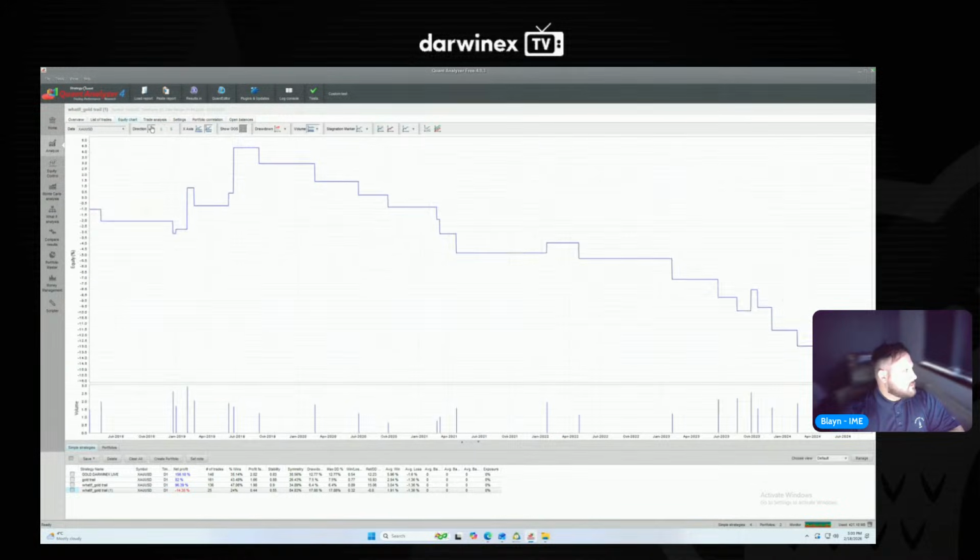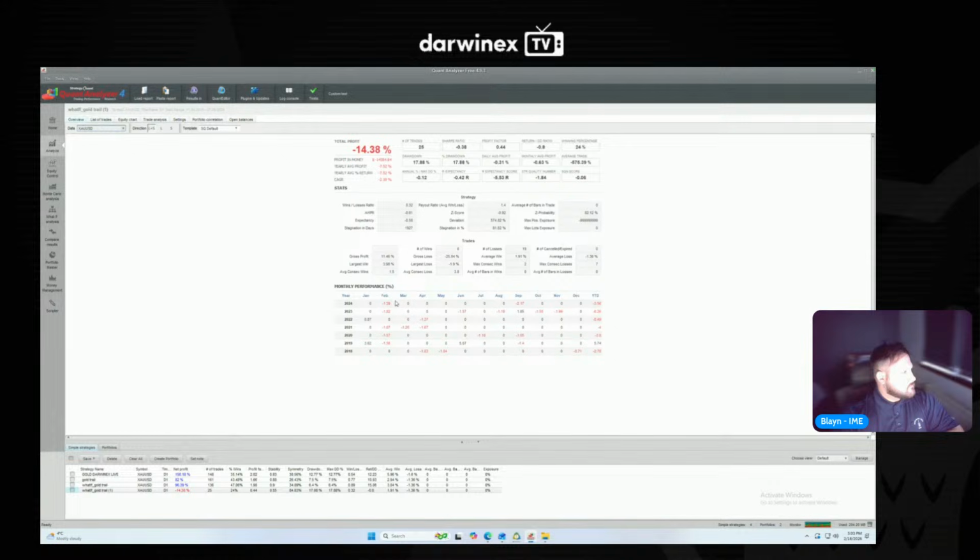Okay, so long versus short. It was originally profitable, then it wasn't. So one positive year is all we got. So maybe it is right to say Wednesdays is not good, but again, we're only basing this on 25 trades, which is just not enough trades to make the assumption.